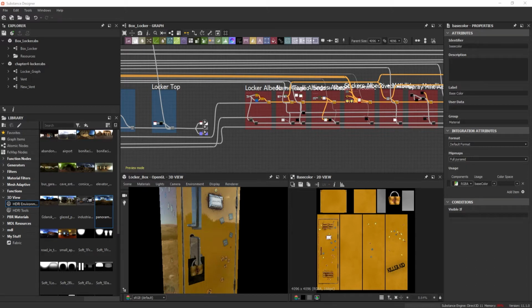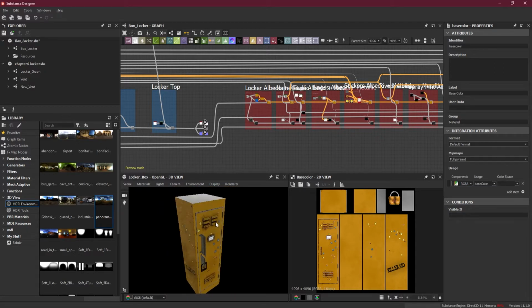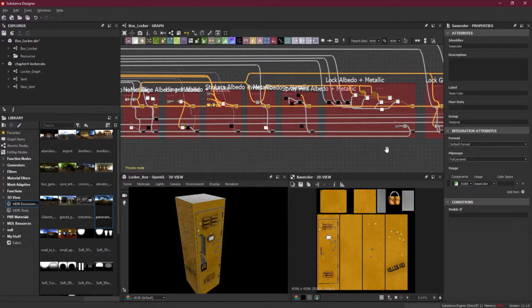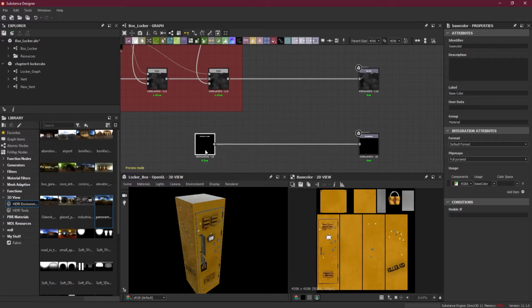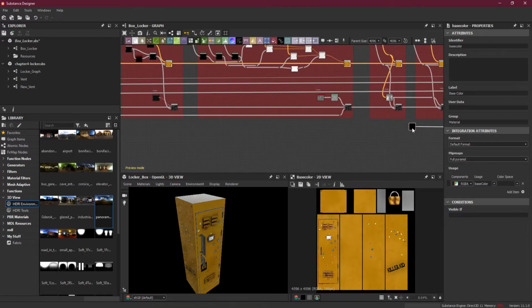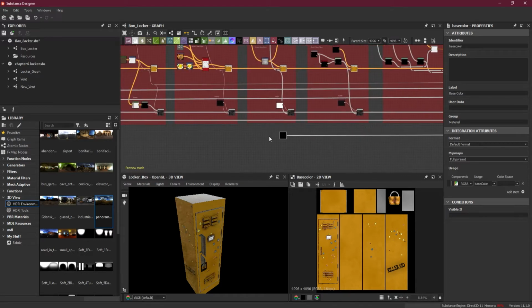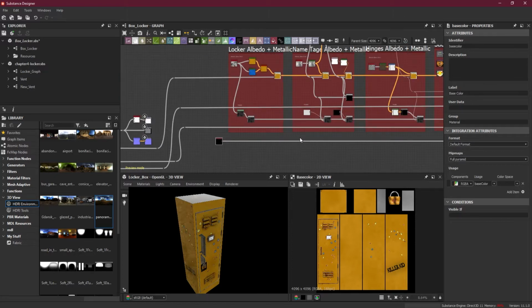So we have already applied metallic to our mesh over here, like the box locker, and now we will go to the roughness map. Now in the roughness map, we'll take the roughness node here, and we'll bring it all the way back here. And once we apply our own, we will remove this. And here I'll add